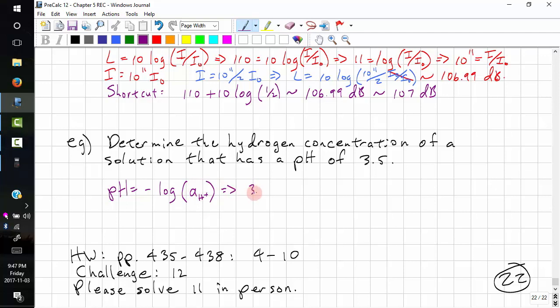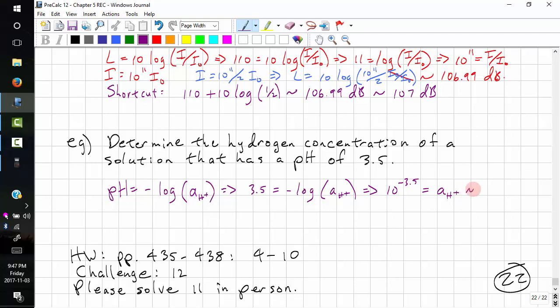So we have 3.5 equals negative log H plus. We exponentiate both sides, but we want to move the negative sign over first. So 10 to the power of negative 3.5 equals, and the logs cancel out, H plus,